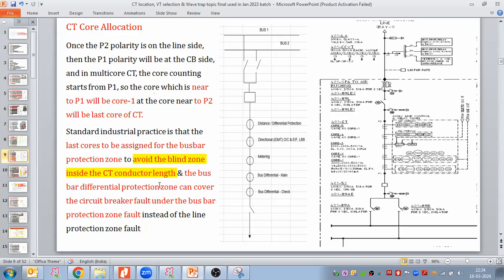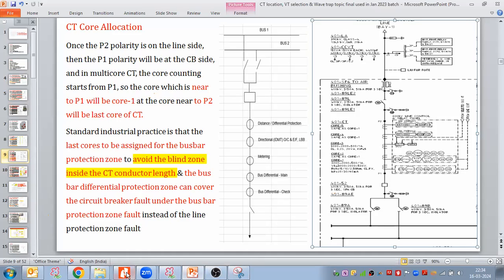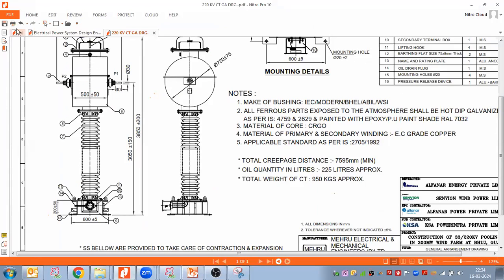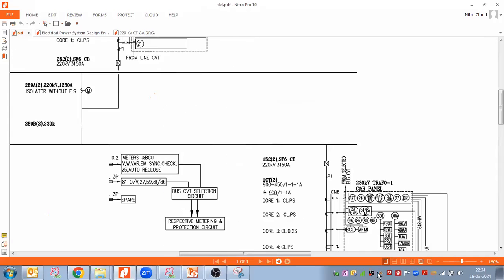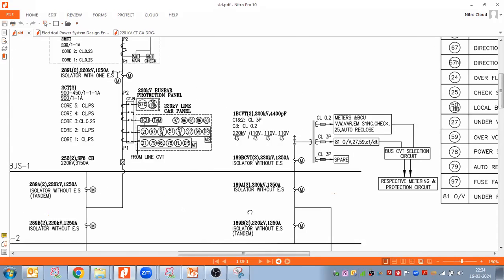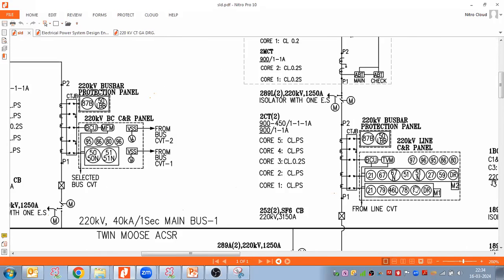The bus bar differential protection zone can cover the circuit breaker fault under the bus bar protection zone fault instead of the line protection zone. This we have already discussed. Now let me come back to this single line diagram so that it will be clear. So coming back to this SLD,